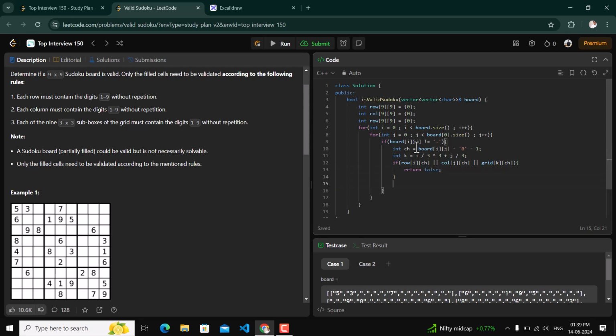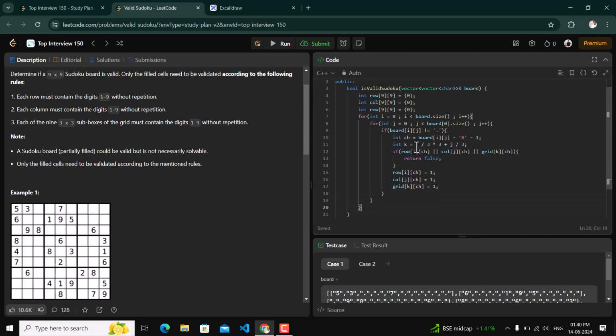Else, if we have not encountered them, we will update this value: row of i comma ch is equals to 1, column of j comma ch is equals to 1, and grid of k comma ch is equals to 1.